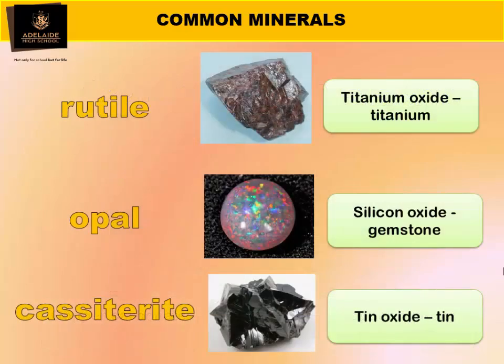All right. You have rutile. You have opal. Guys, have you seen opal somewhere in Adelaide here? Yes. Where can you find these shops? Yes. Sorry? Coober Pedy. But where can you purchase them? Yes. Good girl, all right? If you see an opal factory over there on King William Street, this is where they have the opals, the gemstones, okay? And you have also cassiterite.